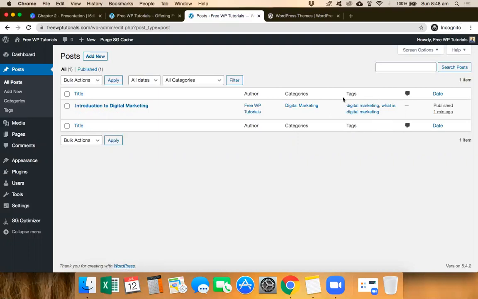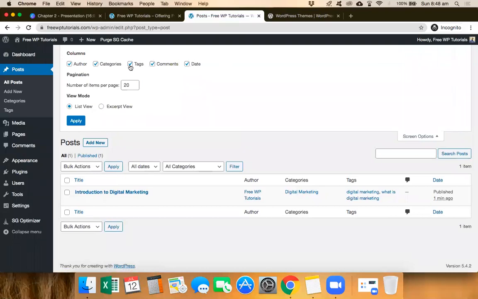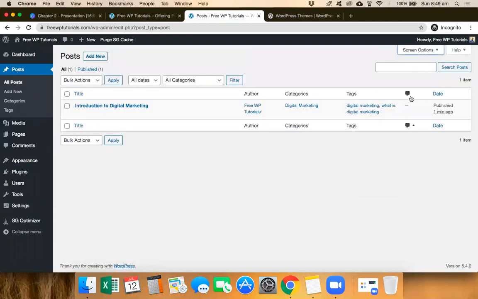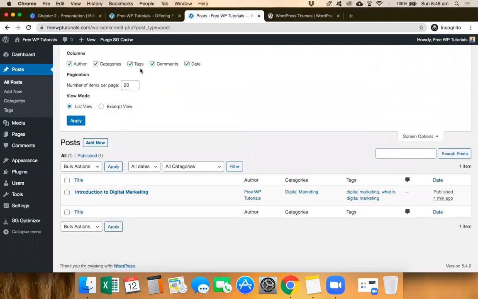Now, if you feel there are too many components over here and you do not want all these to appear, like I said, in your screen options on top over here, you can remove these. Let's say your tags are gone, your categories are gone, even the author is gone, the date published is gone as well. So all these are options that you can select from your screen options. So I'll retain it back to what it was initially and just leave it at that. Once you change all your options, you just click on apply.